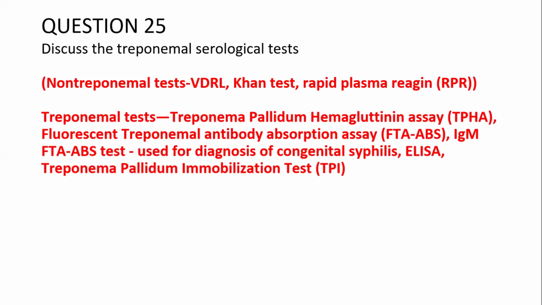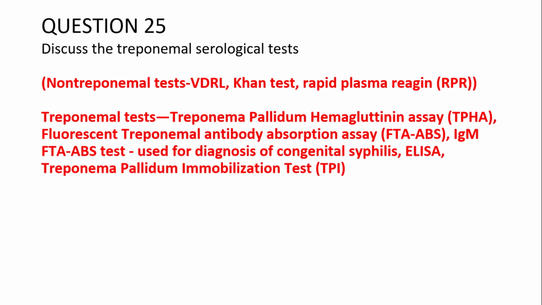Then for treponemal tests, these are now the specific tests. If they're positive, you definitely have syphilis, okay? Now, they include treponema pallidum hemagglutination assay, TPHA. We have fluorescent treponemal antibody absorption assay, FTA-ABS, IgM FTA-ABS used for diagnosis of congenital syphilis. We have ELISA, and then we have treponema pallidum immobilization test. So please know this because it can come as an SAQ where they tell you to mention or discuss the treponemal serological tests or just in an essay. Okay, so something to note,